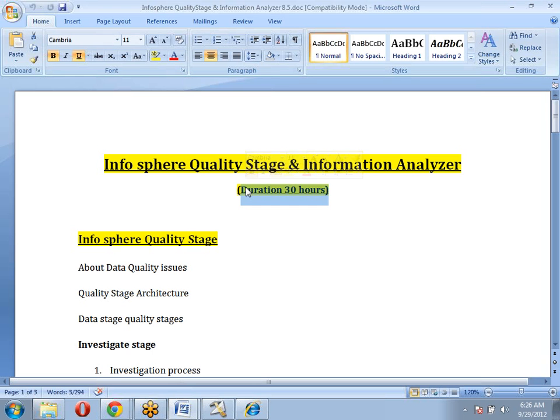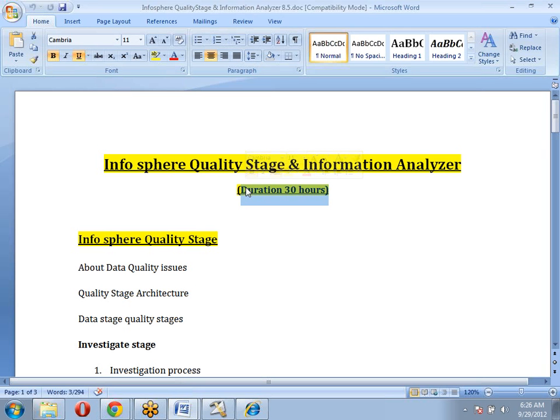They don't know the minimum things. If I directly start with QualityStage, they will not come on the second day; they will not be able to understand. So first we start with the basics, then simple jobs, then you can understand. Sometimes we also receive some OPT, CPT students. They also understand, then we'll go for some complex things.